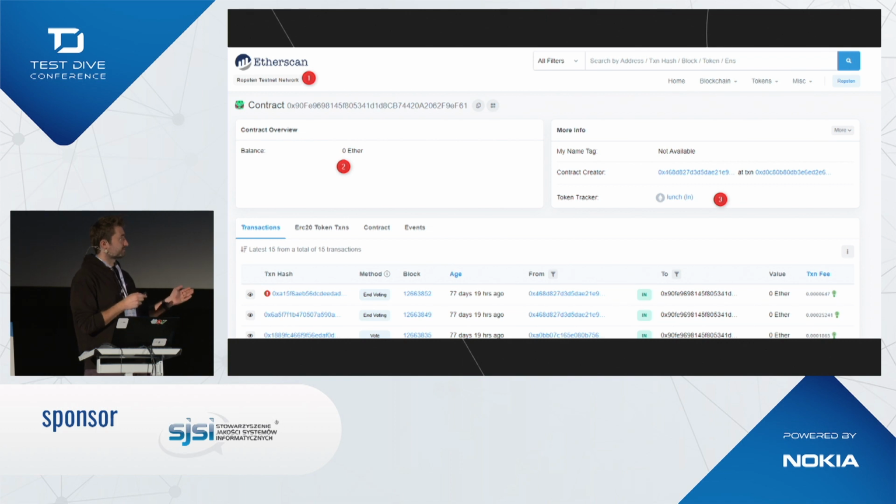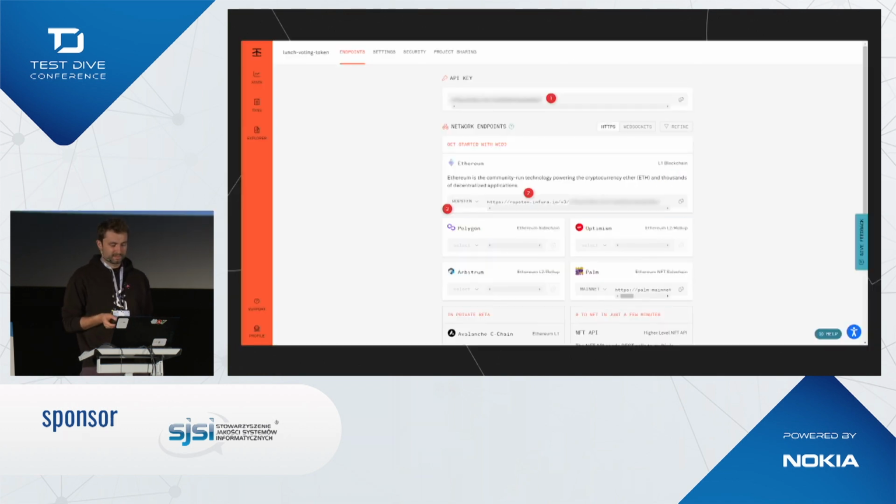And when you have that deployed contract, you can start developing your local app and try to connect it to the blockchain. So what you will need for that is Infura, for example, as an example of a blockchain proxy. What you need to do here is create your project and create an endpoint. What is important is the network. You need to match the network that you deployed your contract on. You need to take the API key and API URL and put that in your local app.